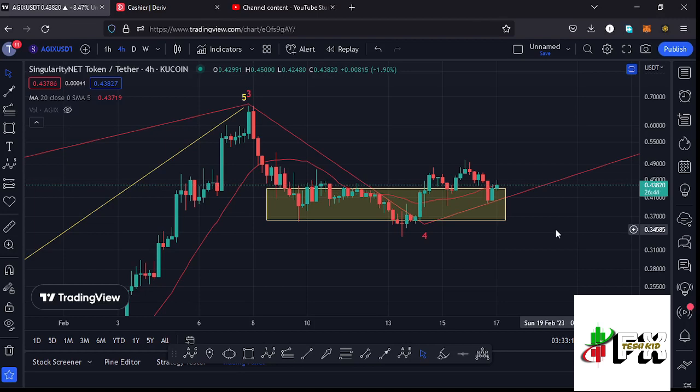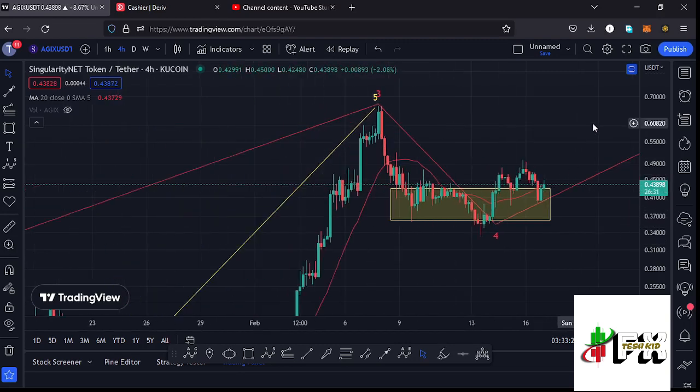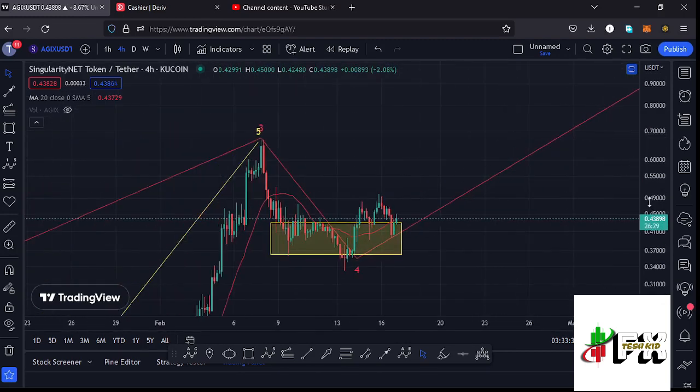Here are the latest developments on the Agix chart, which at the time of this recording is trying to battle out the 20-day MA, which is now acting as resistance. And we have also fully maximized our target areas to the lower side in the formation of this wave 5, and soon I'm expecting a massive bounce to the upside in the formation of this wave 5 to the upper